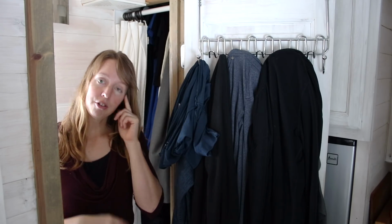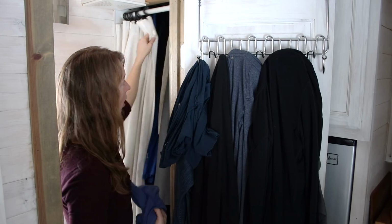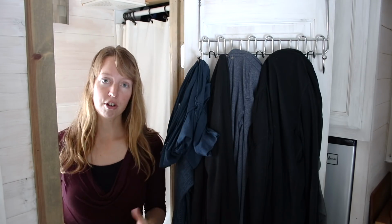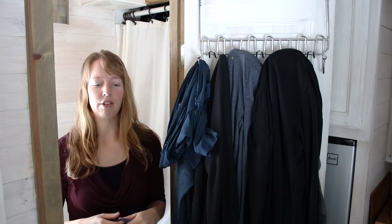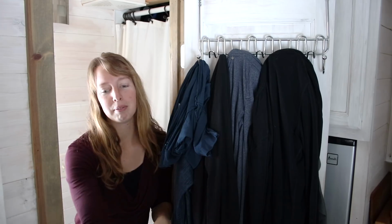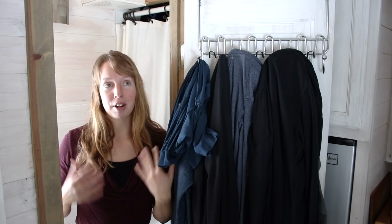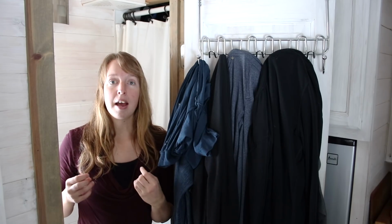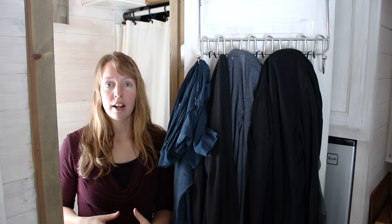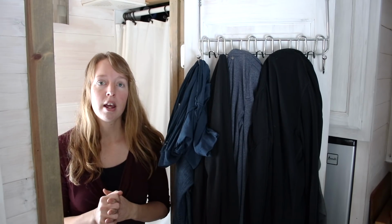But anyway, if you go through your wardrobe and get rid of all of the items that are made out of synthetic materials, and if you have one that is your absolute favorite thing to wear for parties or special occasions or whatever, keep it. But in general, I really like, and I feel better, and my skin is less irritated, and you may have heard me mention this before if you've been here for a while, but